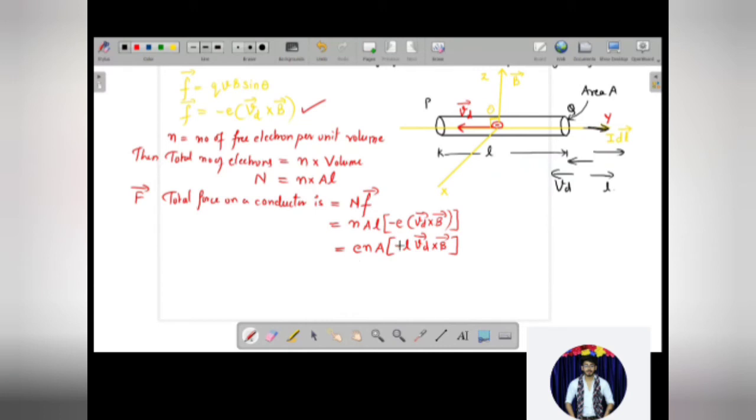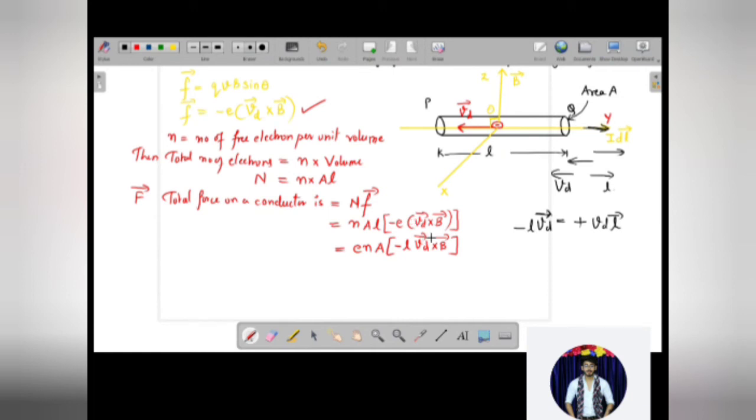So if I take L into VD over here, and if I want to shift this vector sign from VD to L, then what do I have to do? I'll have to make this positive. That means minus L into VD will be equal to positive VD into L. So what I'm doing here is just shifting the vector sign. Here this product was L times VD. So I'm making L the vector now, and VD I'm making scalar, in the sense I'm taking the magnitude of VD. I'm doing this with some intention. I'm going to derive a proper expression over here.